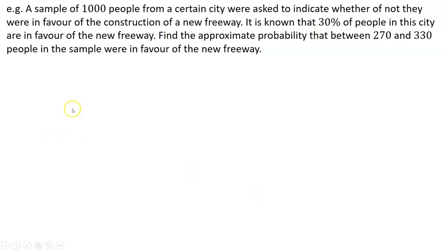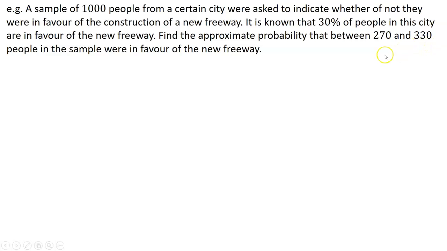So let's have a look at an example. We've got a sample of 1,000 people from a certain city. They were asked to indicate whether or not they were in favour of the construction of a new freeway. It's known that 30% of people in this city are in favour of a new freeway. We need to find the approximate probability that between 270 and 330 people in the sample were in favour